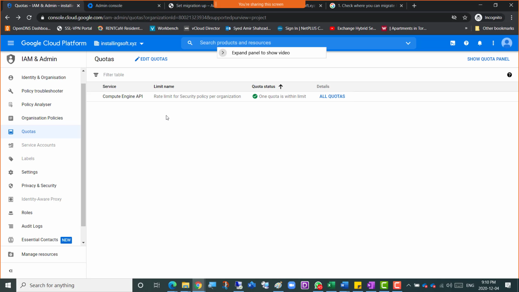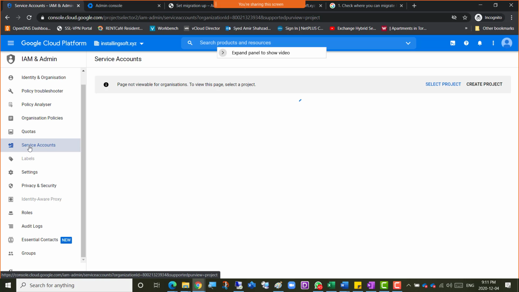So suppose we create a storage account, suppose we create a VPC later, then it would show whether you breached a quota limit, or the maximum limitation that you had for this. It says that one quota is within limit. We just started the machine last time, and then we deleted it. In fact, we put the Windows image there, and we discovered that the free trial does not support Windows image. So yeah, we remain under the limit. That's what it's saying. Okay, if we go to service accounts here,